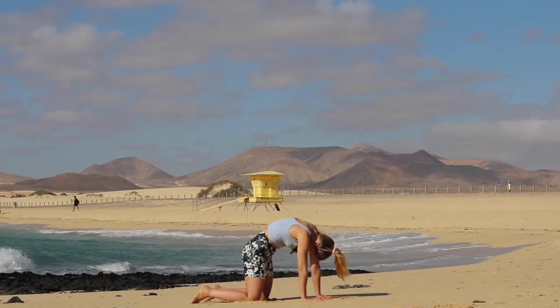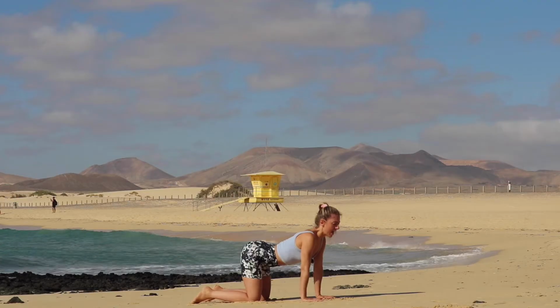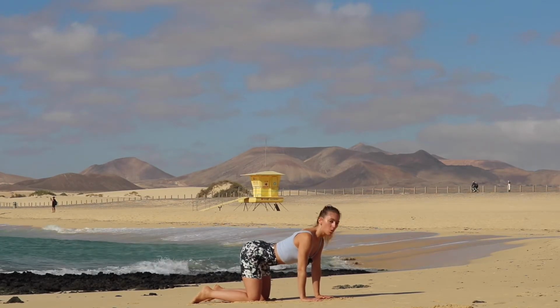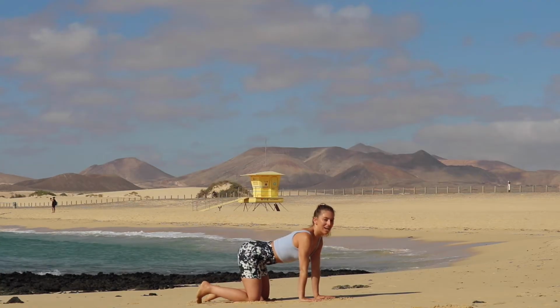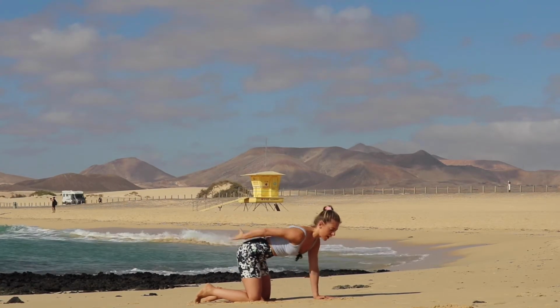Rounding up here. How lovely is this? Exhale, drop the tailbone, release everything. And again, if you need to, sink through your elbows, keep strong through your shoulders. Give me one more here. Rounding through the spine, and when you're ready, release that. Good job. Okie dokie, we're going to stay in this position, so reset here through the spine, so nice neutral